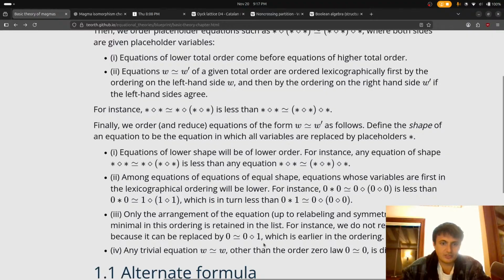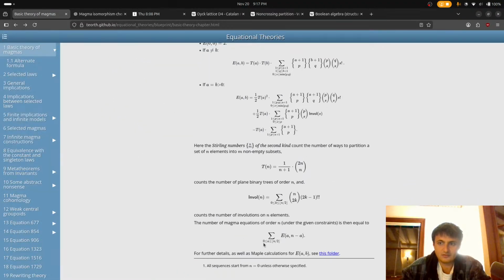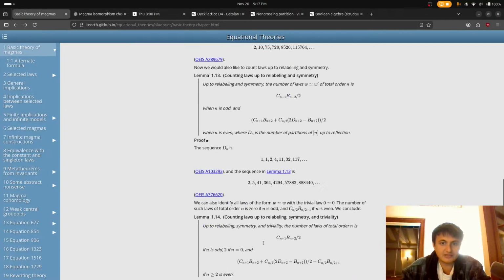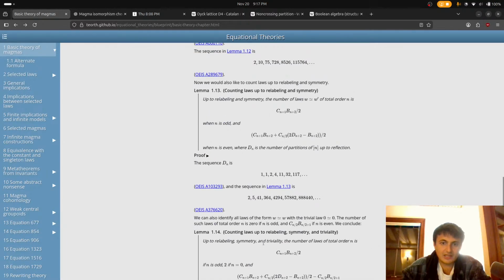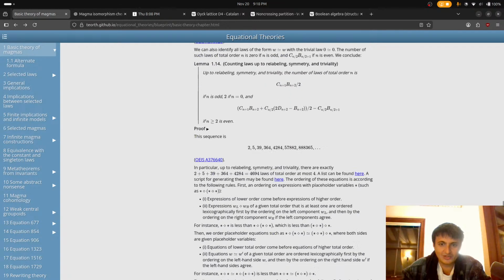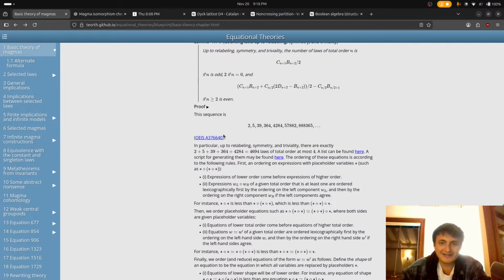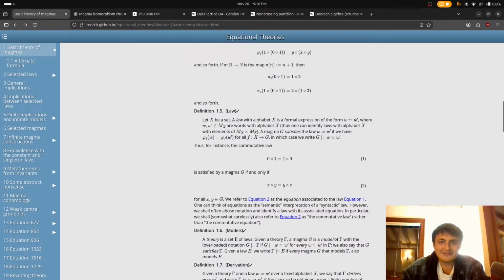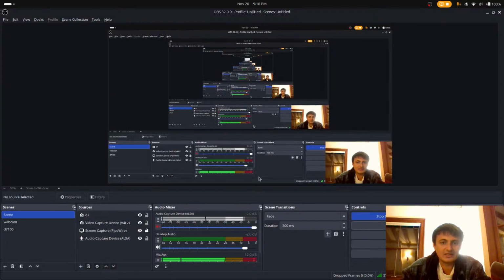There's a lot more to go, but actually, the basic theory of magmas, like, hey, man. This is kind of what I want to get to. I want to get to this derivation of the numbers. Look at all these OEIS links, dude. But I'm going to eat. I'm going to go to bed. I think I have stuff to do in the morning that's not math.